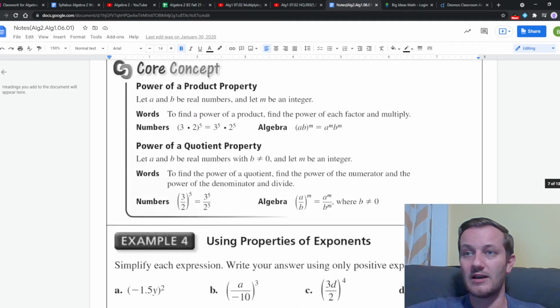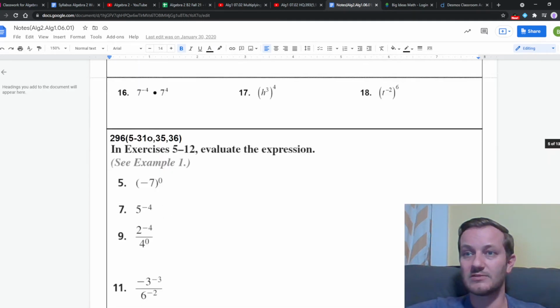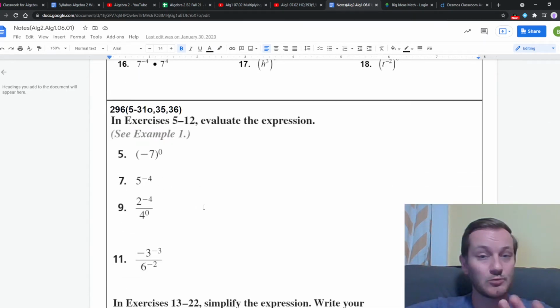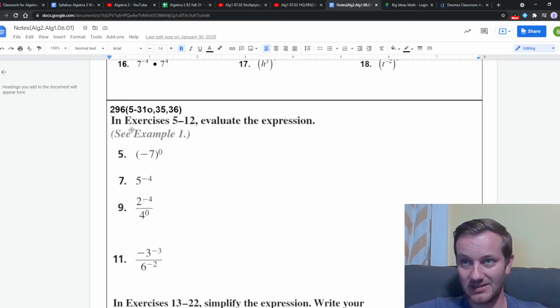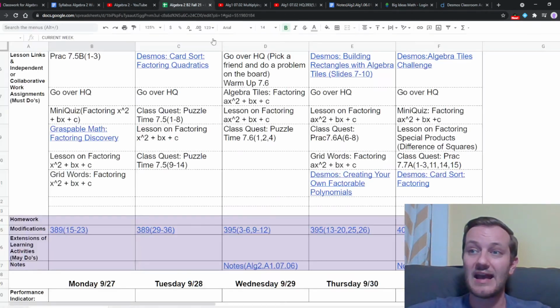And in the lesson videos, that's where those notes will be. And then if you go down far enough in these, here's an example. 296, this would have been, say, a homework assignment. And that will correspond to the online, which we'll see in just a minute. But I'm going to have this all printed for you, and you can access that as well digitally, the little notes files right there.